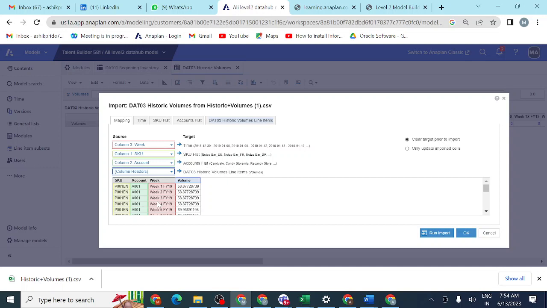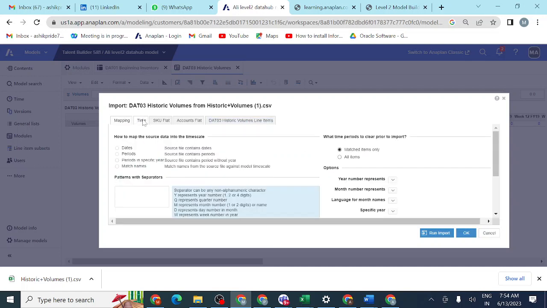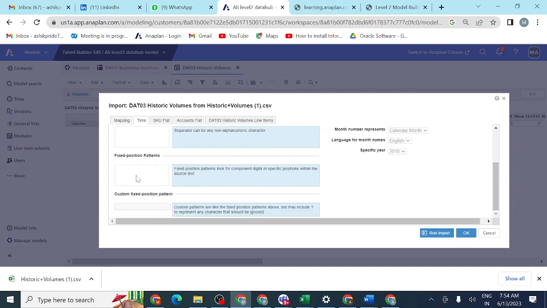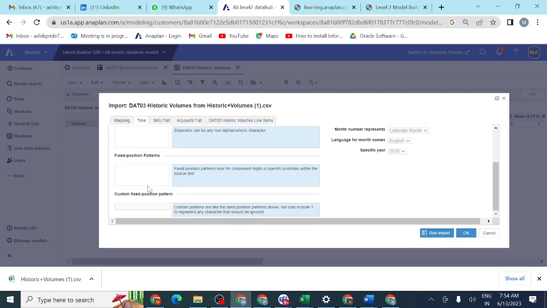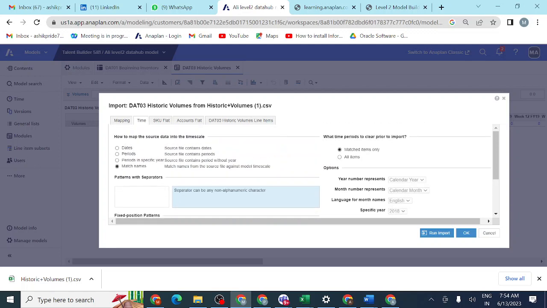But each and every time, we should check time very carefully. This time you should select match names, and not time period. Match names you should select here. Then only you will get a proper result, otherwise you will get an error here. So it should be match names here.